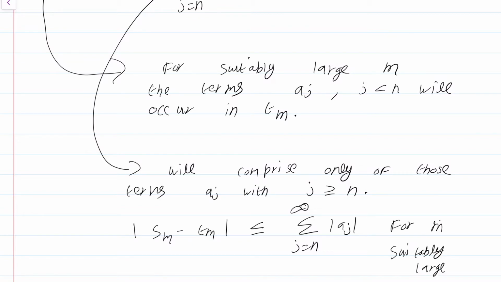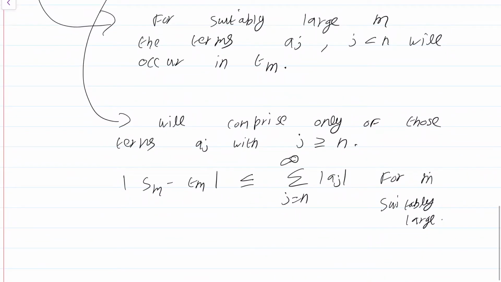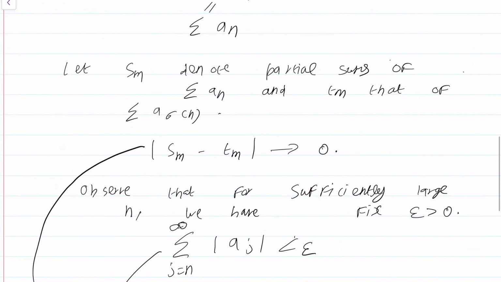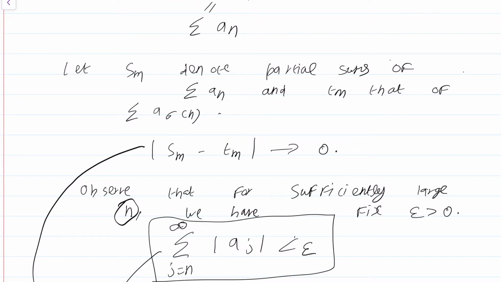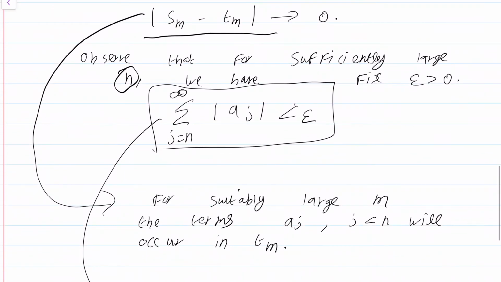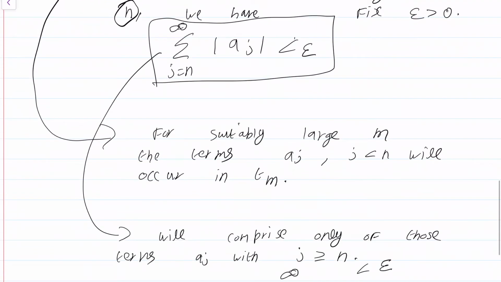Okay, and this we have already made less than epsilon. So here is the brief argument of what has happened. We want to show that mod Sm minus Tm converges to 0. We choose small n so large that summation j equal to n to infinity mod aj is less than epsilon. Then we ensure that in the modulus of Sm minus Tm, the first n minus 1 terms get